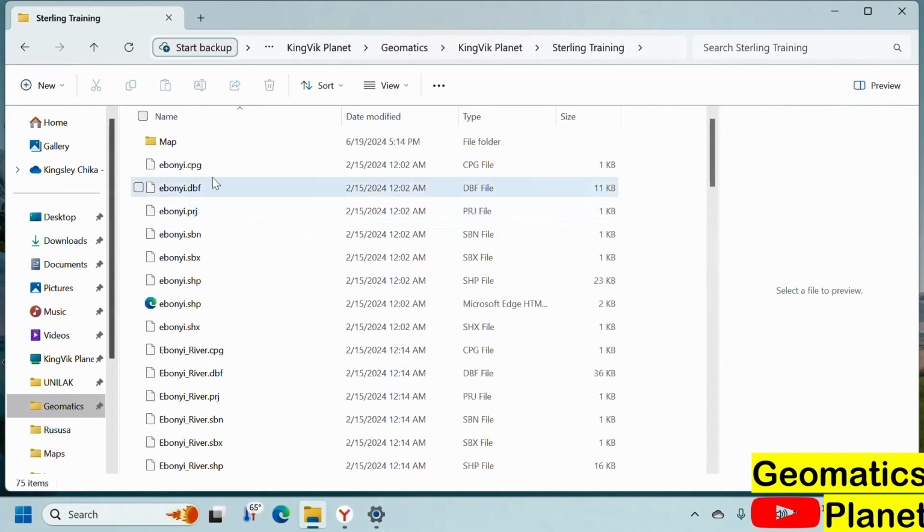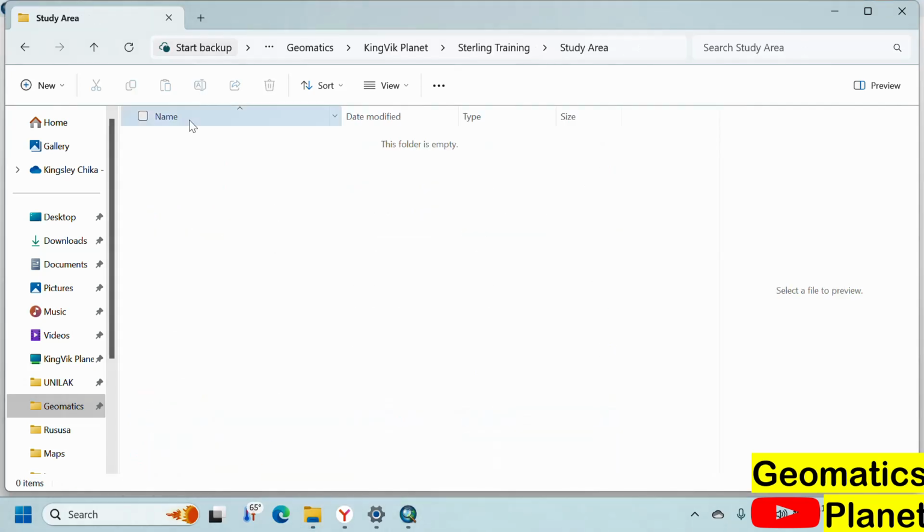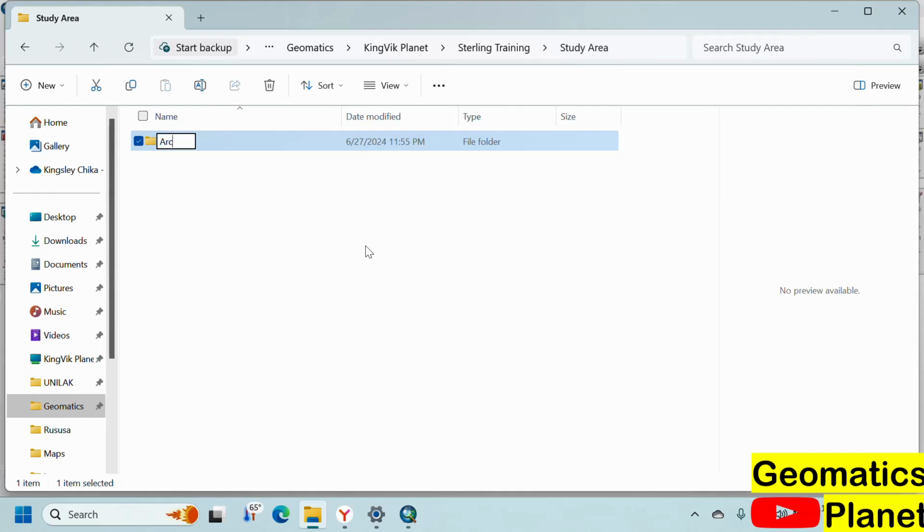And that is why I want to create a fresh folder, and I am going to write it. I'm going to write a study area map. And why am I putting it in a different folder? In here I'm going to create a folder. I'm going to name it ArcMap,